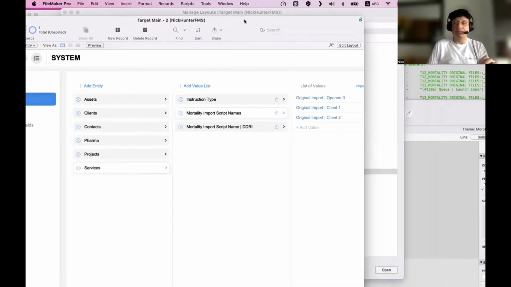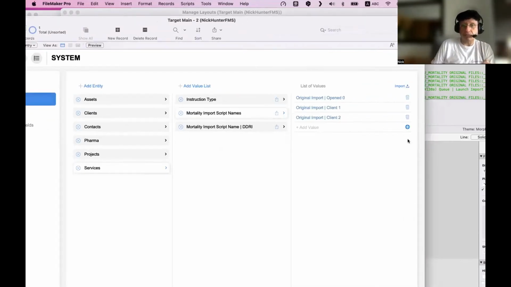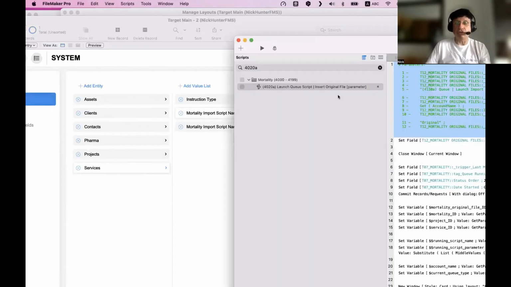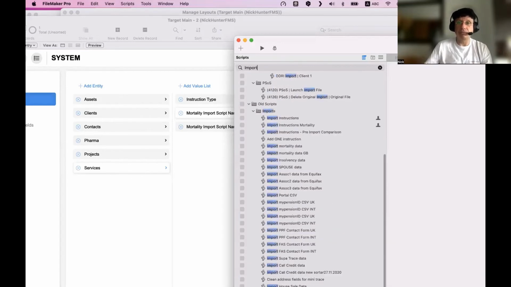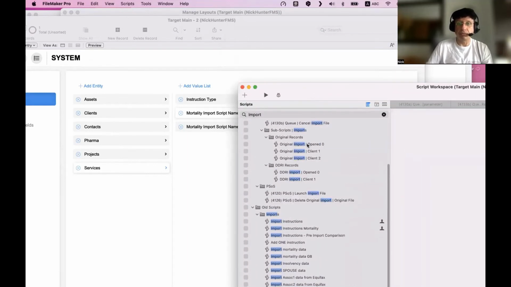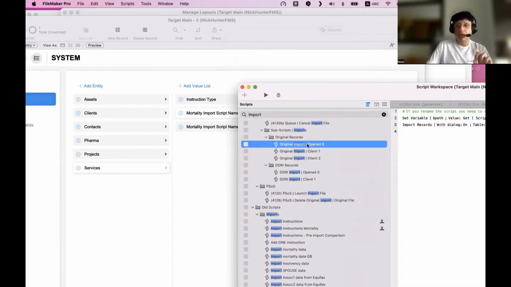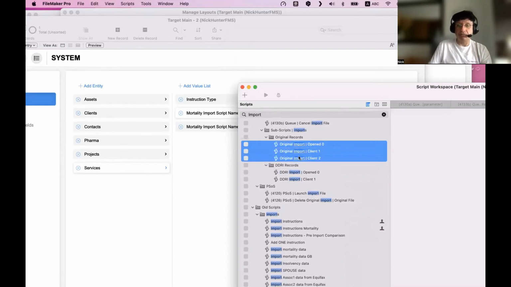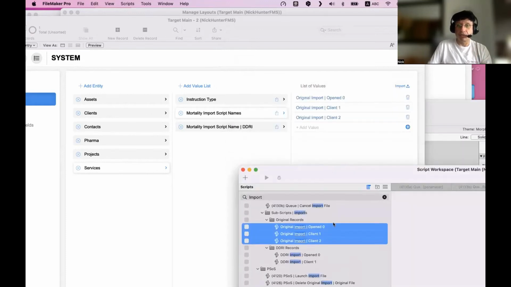So for example, if I go to the scripts, I can save this, by the way. And I look for import. Okay, here, I have those three scripts: 0, 1, 2.